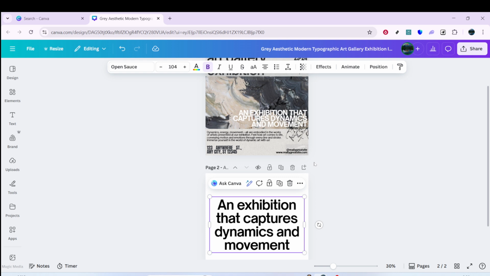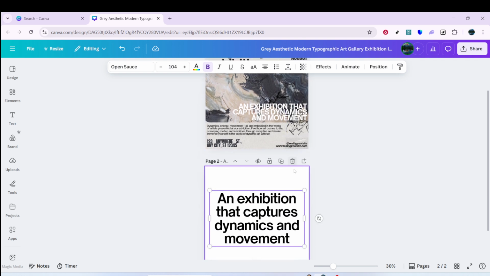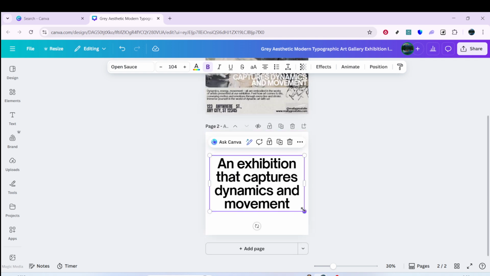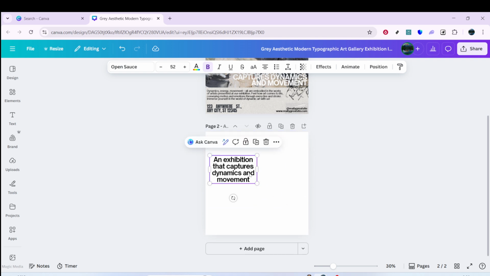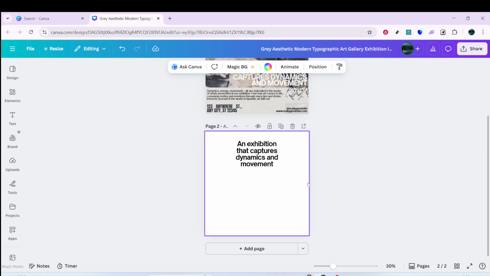Finally, adjust if needed. Move the pasted text box into position so it lines up cleanly with your layout. Resize the box if the text wraps oddly or needs more room. Edit the text itself to fix typos, update wording, or apply formatting like font, size, color, and alignment so it